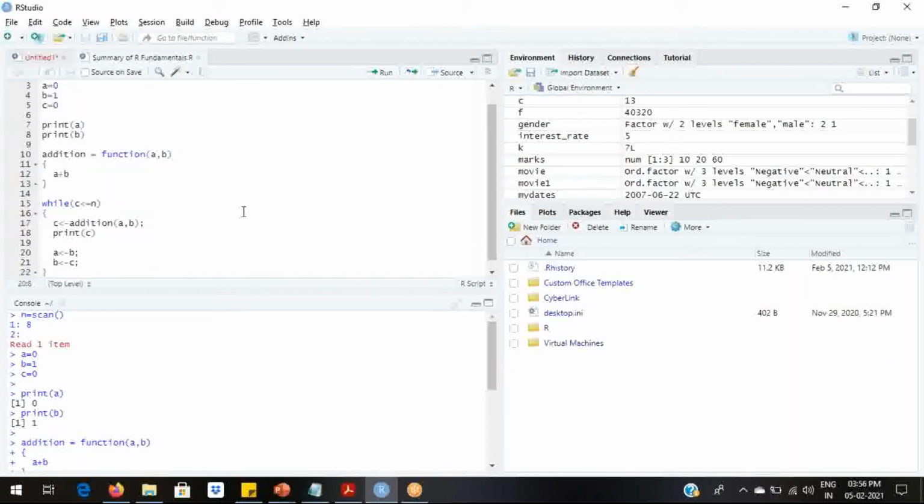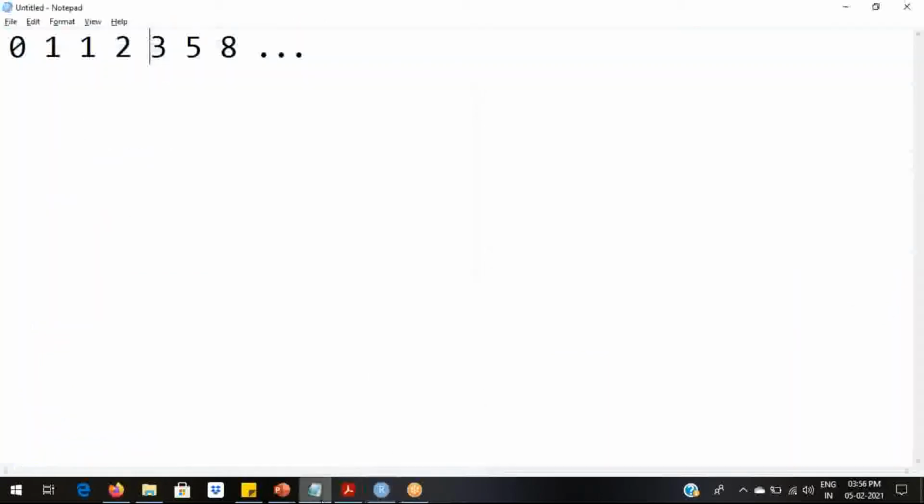Then change of inputs. So here it's A, B, and C. Now the value of B will be given to A and the value of C will be given to B. That is, now A and B will become 1 and 1 and C will be 2.